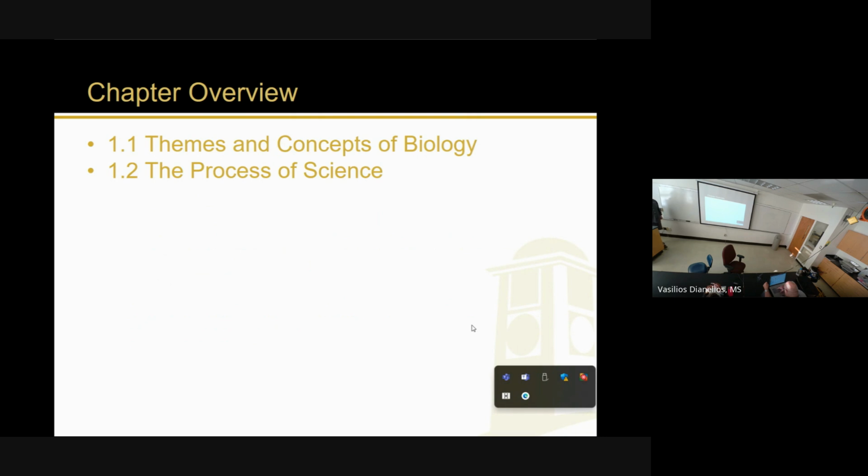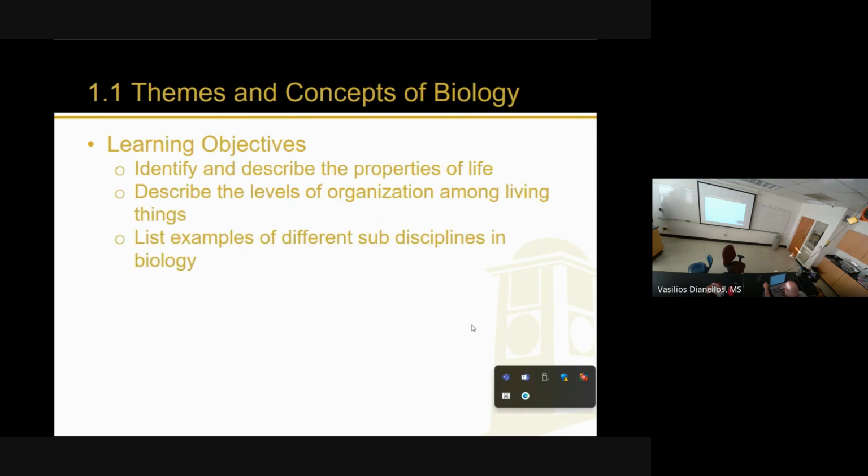These are the two sections. Man, that's hard to read. The two sections of this chapter are themes and concepts of biology, then we'll talk about the process of science. There we go. So learning objectives for this first portion: you should be able to identify and describe the properties of life, which is also a great independent work topic, and I'll talk a little bit more about that when we discuss it. You should be able to describe the levels of organization among living things, and you should be able to list examples of different sub-disciplines in biology. As far as the exam is concerned, these first two learning objectives are the most important, because I'm not going to ask you